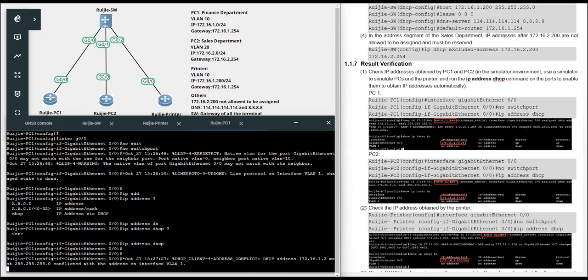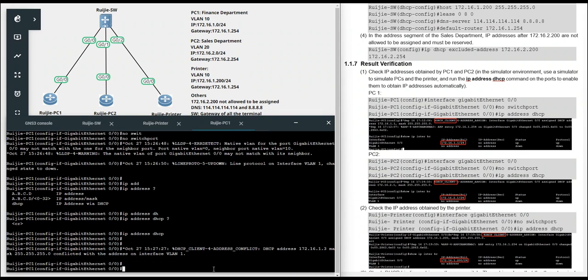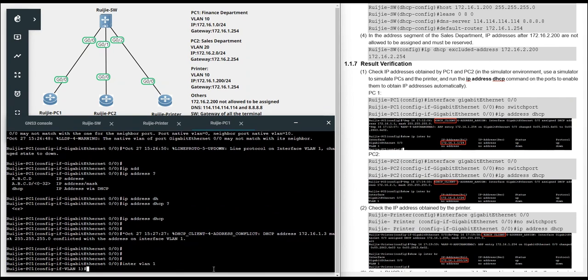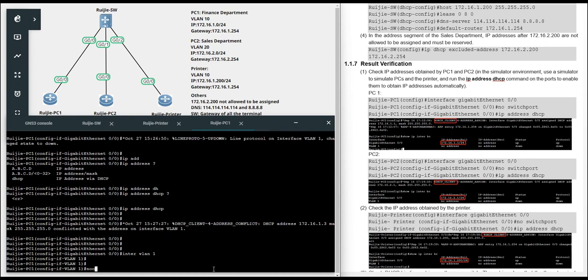Yes. And later you will find there is a warning, DHCP client address conflict with VLAN 1. So this is a special application. You can enter VLAN 1 to make no IP.